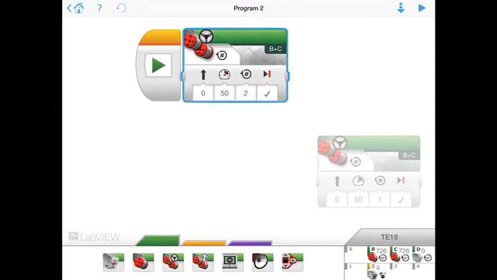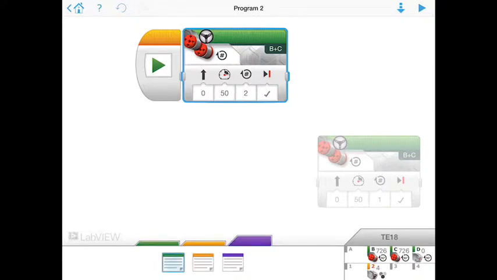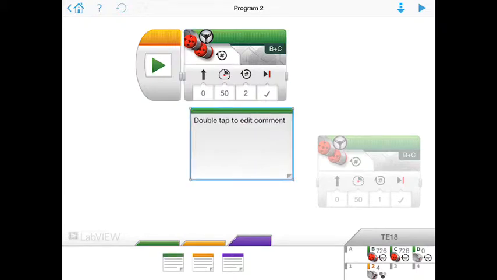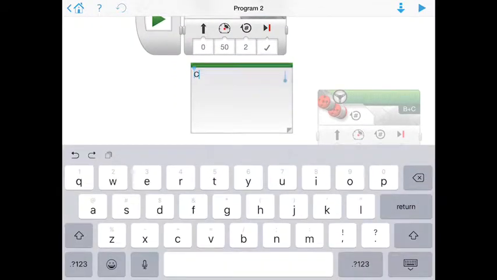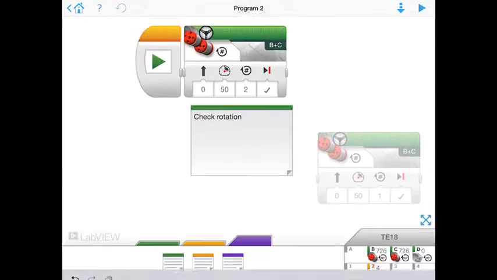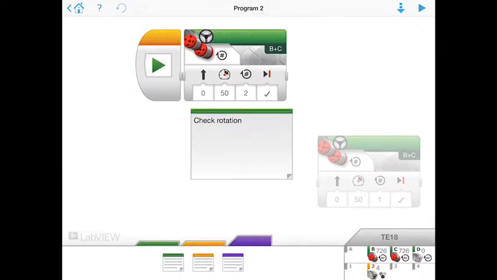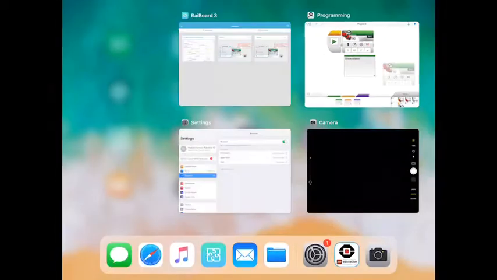You're going to check the rotations as one of the things that might be wrong. So check rotations to see if there's something wrong with the rotation. If it doesn't go far enough, that's what you're going to do. Check your rotation. For instance, let me say I'm going to start the